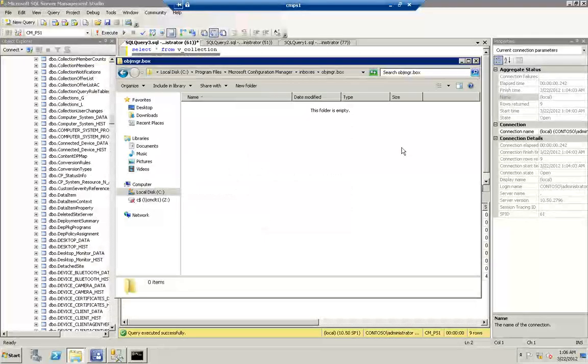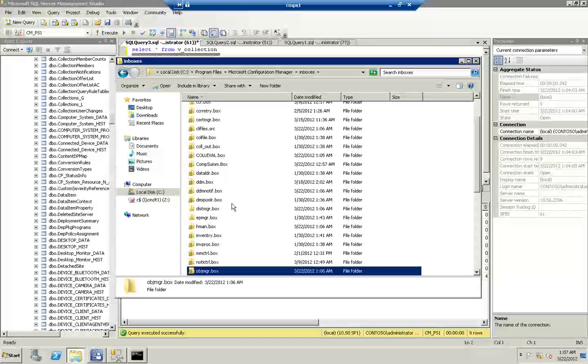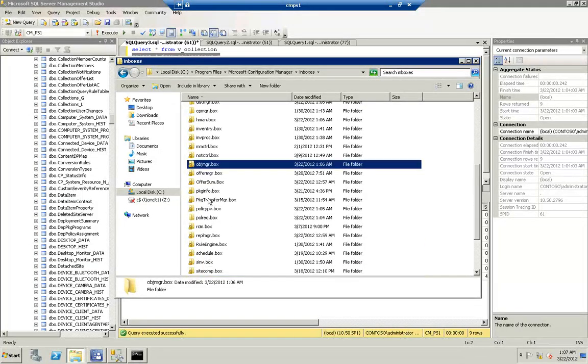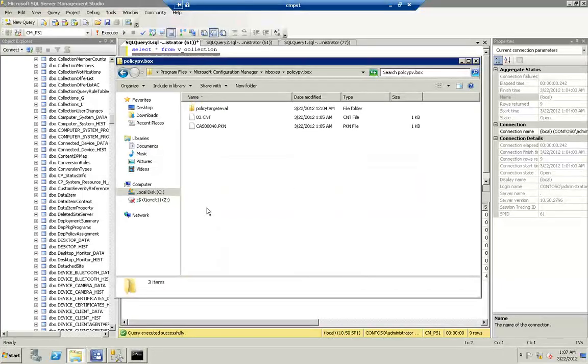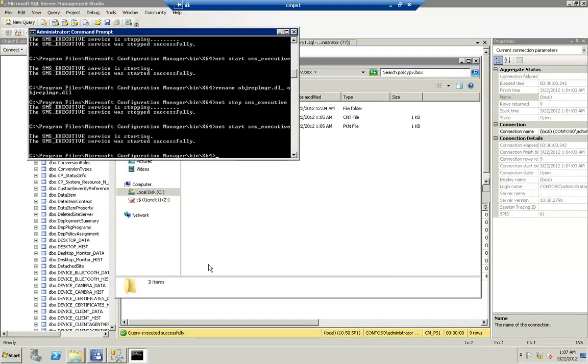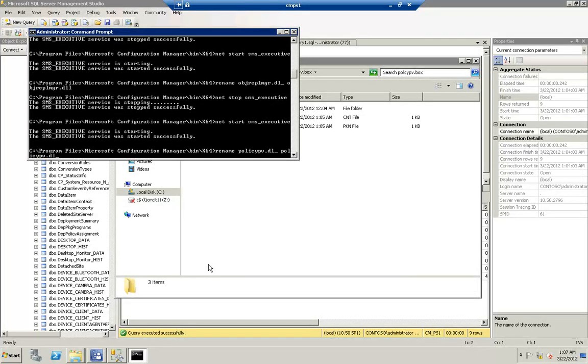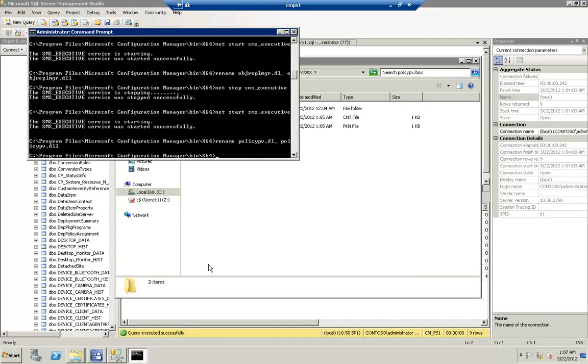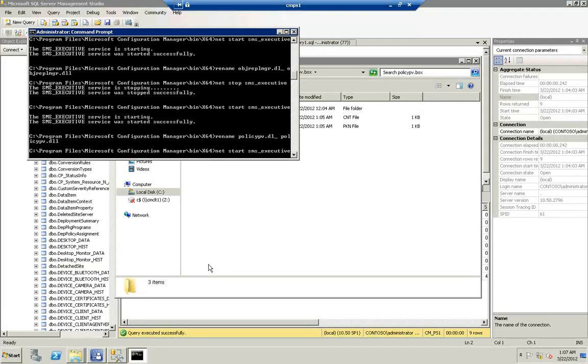We actually have the policy provider thread that we can look at. So if we look at the policy provider inbox, which is currently disabled, we can see a couple of flag files waiting there to carry out work. Here they are. All right, so if I go and re-enable that, all right, and restart the executive again,